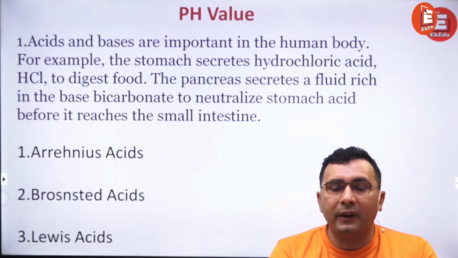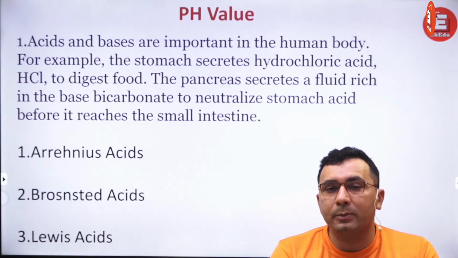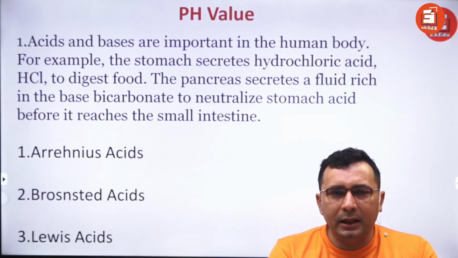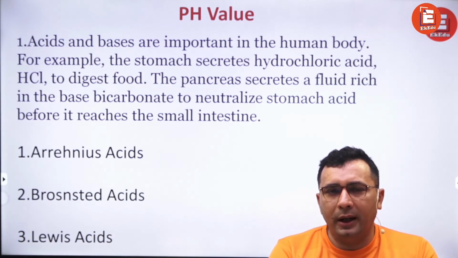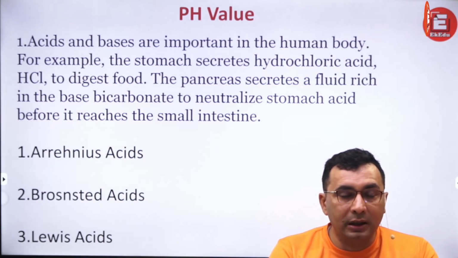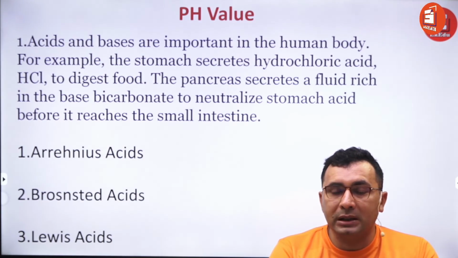And the substance which has extra electrons, which has tendency to donate electrons, is called a Lewis base, like NH3. If we choose NH3, according to Lewis it is a base, but according to Bronsted it is an amphoteric substance. We will discuss its nature